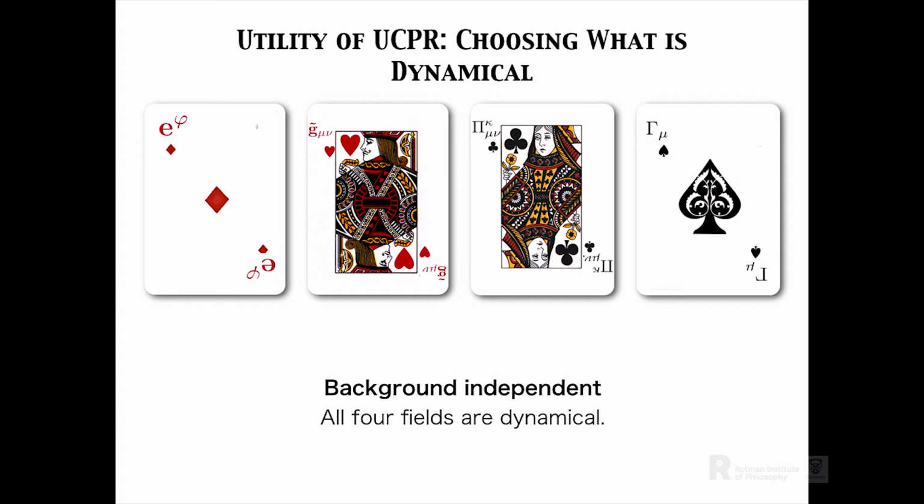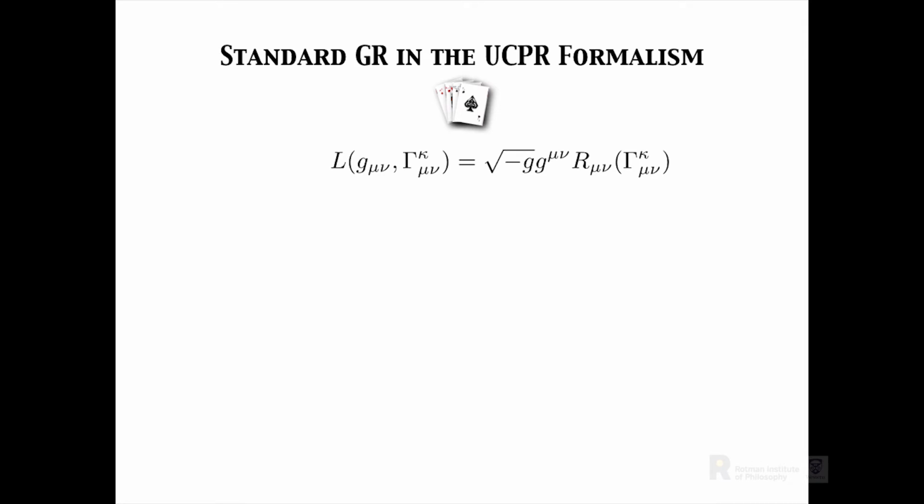Another thing that's nice about this is you have 4 fundamental fields, so you can choose which ones are dynamical and which ones are not. So if you have a fully background independent theory, none of these are fixed. They all could be dynamical. And for example, in general relativity, I can start with the same action as the usual Einstein-Hilbert action, but if I simply substitute, instead of the metric, the determinant of the metric, the affine connection, the projective connection, the affine one form, and I go through the song and dance of the variational principle,